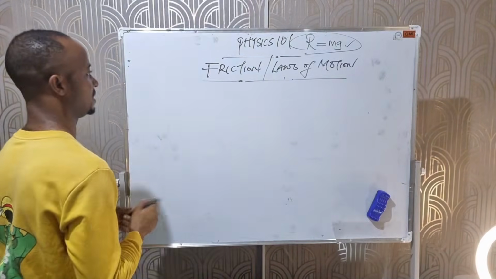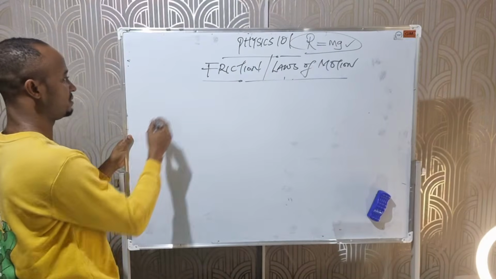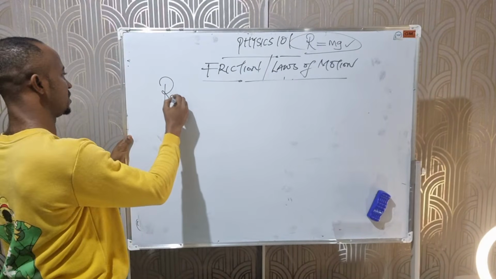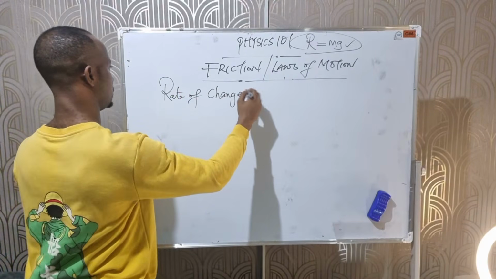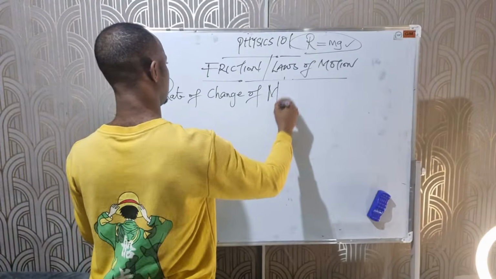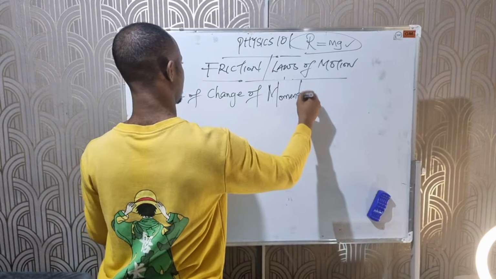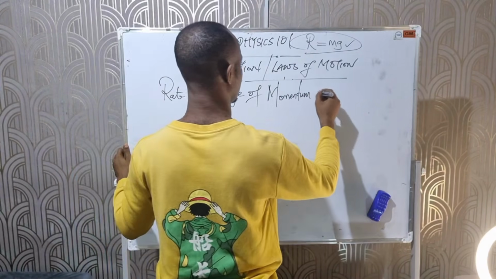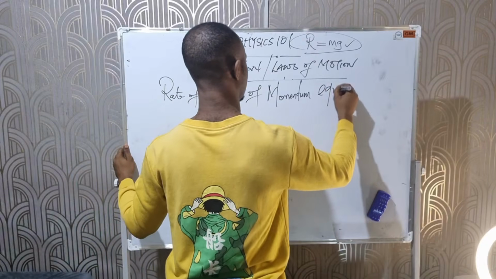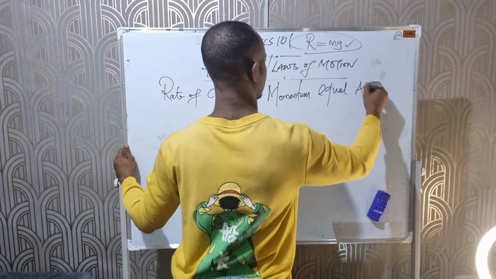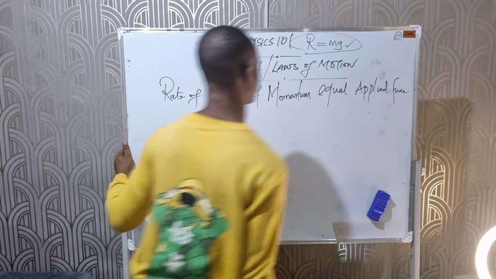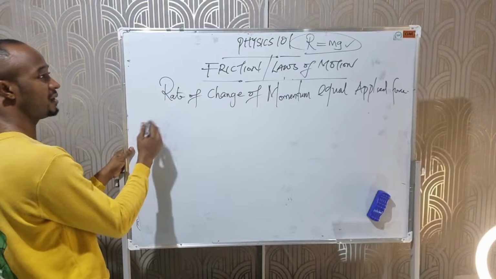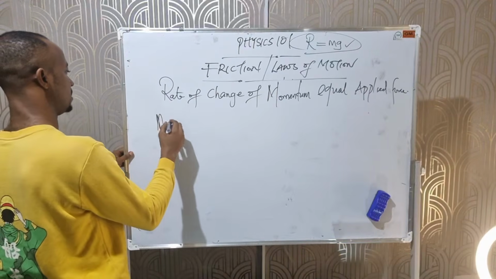So the law says that the rate of change of momentum equals applied force. Meaning our rate of change is simply mv